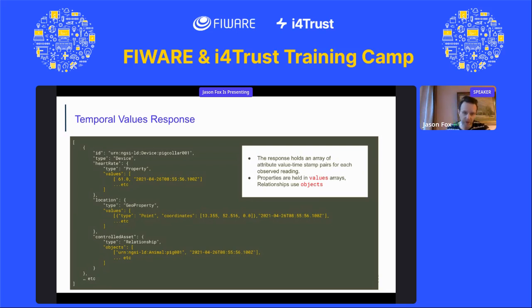And as you can see for the location, you can also retrieve back a JSON object rather than a number. Typically it is frequently numbers, but it can be a position, or it could even be a string. You can see that for the smart data model device, there is an attribute called controlled asset, and controlled asset is what this device